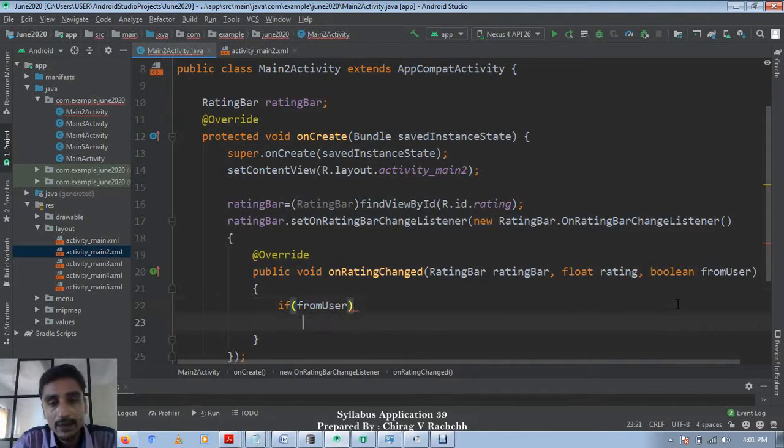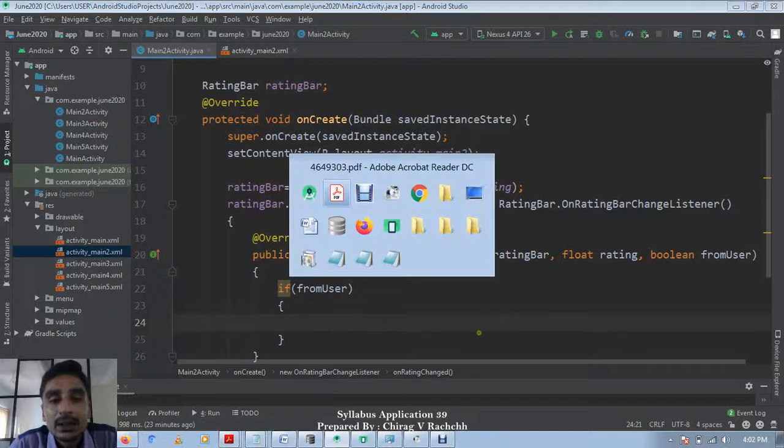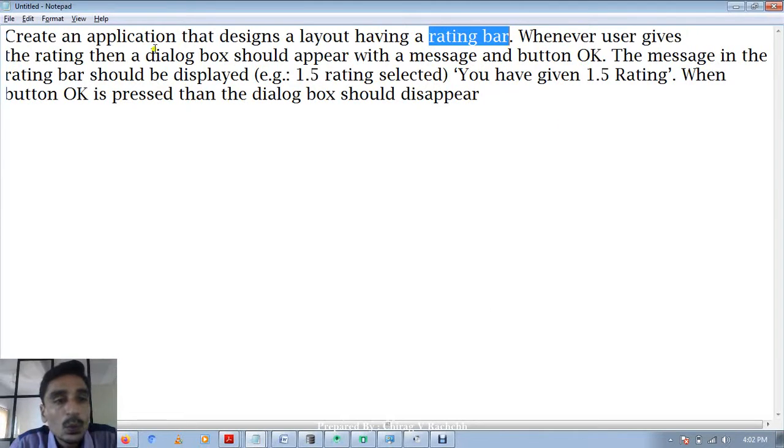So we can say if fromUser is true, then we are asked to show a dialog box with button OK.